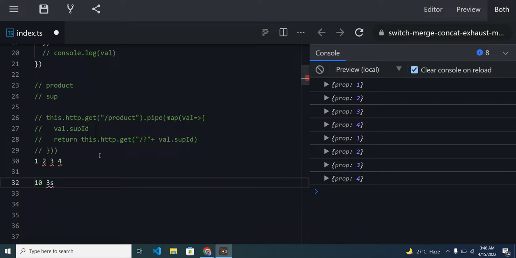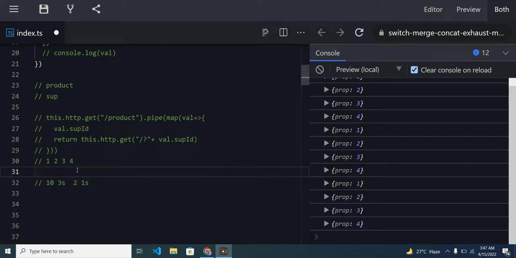Now another one: suppose the 1 takes 3 seconds and the 2 takes 1 second. So the 2 will return first, and then the 1 will return. It's okay, but this scenario can happen, and this is the case. So for each of these cases,